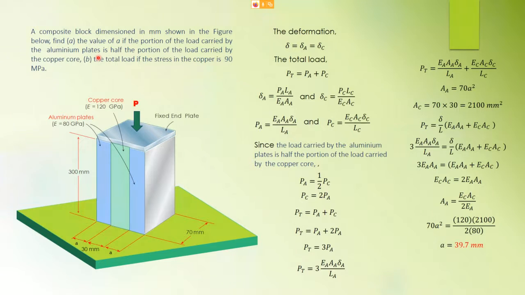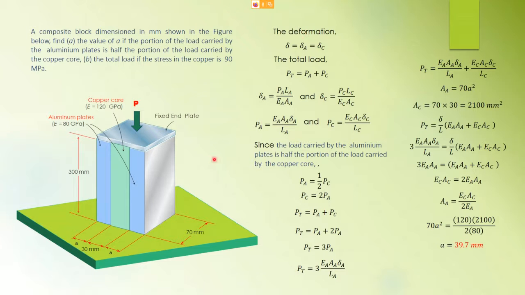The load carried by the aluminum plates is half the portion of the load carried by the copper core. So this is the copper core. These are the aluminum plates, okay? So part B, find the total load if the stress in the copper is 90 megapascal. If the stress in the copper is 90, okay? So we know that based on the first,